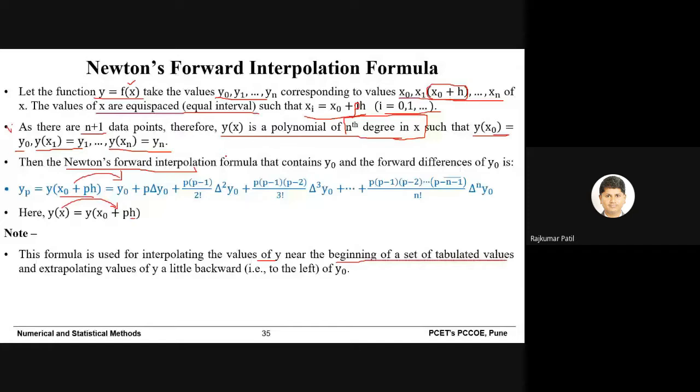So you will have data points x0, y0, x1, y1, x2, y2 and so on. Whenever you are asked to interpolate to a value which is very close to the beginning values, beginning means close to x0, y0, x1, y1, x2, y2, in that case, you can use this particular formula. Suppose you are asked to find the value of y for x, and here x is very close to the last values of x, for example, xn or xn minus 1 or xn minus 2.